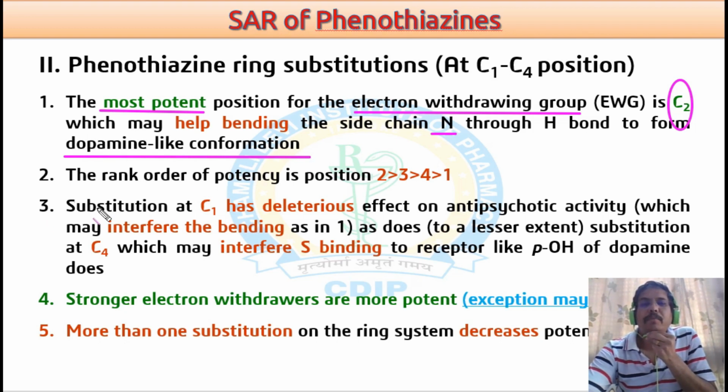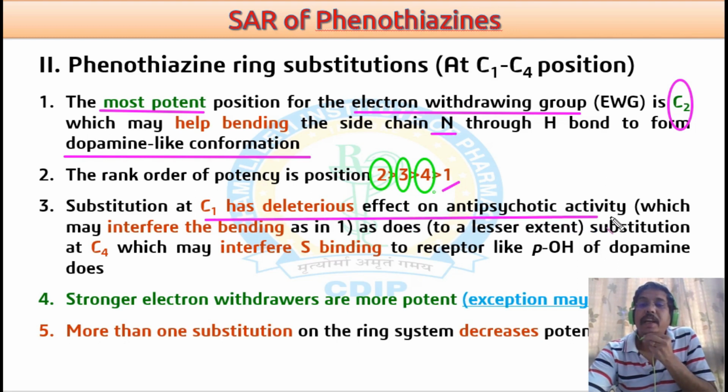If you look for the potency on these different 4 positions, the second position is much more favorable as compared to 3, then 4, and the poorest is on the 1 position. And just substitution which takes place on the C1 has a deleterious effect on the antipsychotic activity,